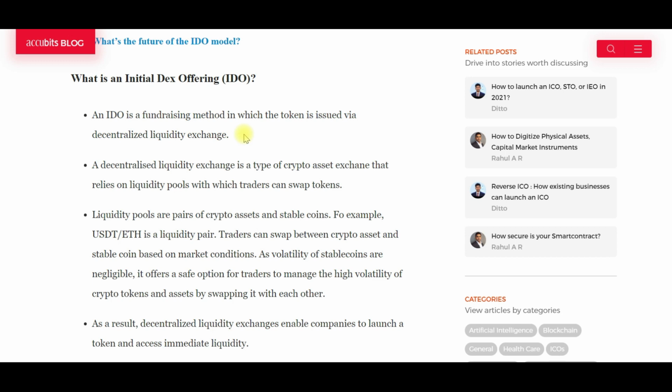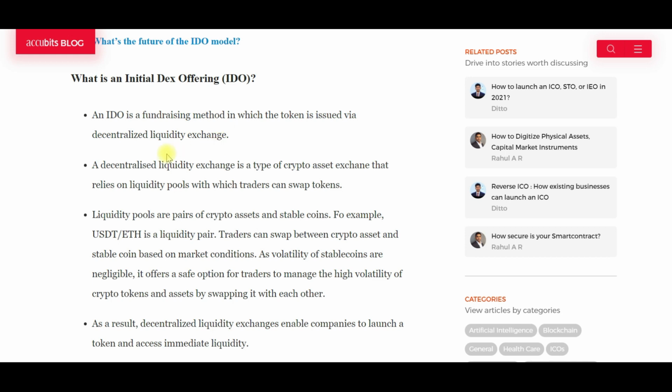Now let's go back to an exchange. An exchange is where you can buy and sell a coin, right? So we have centralized exchanges and we have decentralized exchanges. Binance is a centralized exchange. Uniswap is a decentralized exchange. If you do a coin offering on Binance, it will be called an IEO, right? An initial exchange offering. But if you do a coin offering on Uniswap, it is going to be called an IDO, right? Initial DEX offering. So that is just the difference between an IEO and an IDO, right?